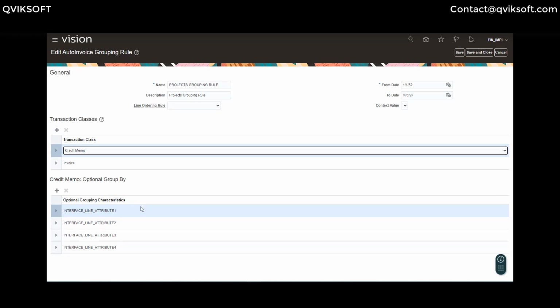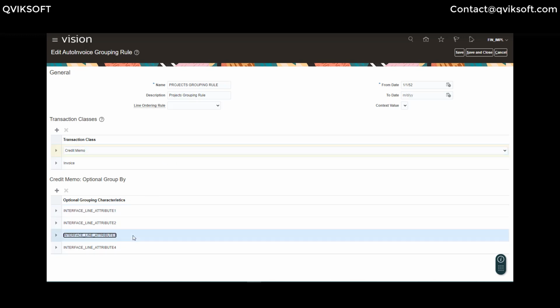In case, let's say in line 3 you have task number and some other attribute, and you don't want these seeded ones to break those lines into multiple invoices because the customer doesn't like you creating unnecessary multiple invoices, then you can define a new rule, delete these two lines from there, and then use that as part of your project invoice import grouping.